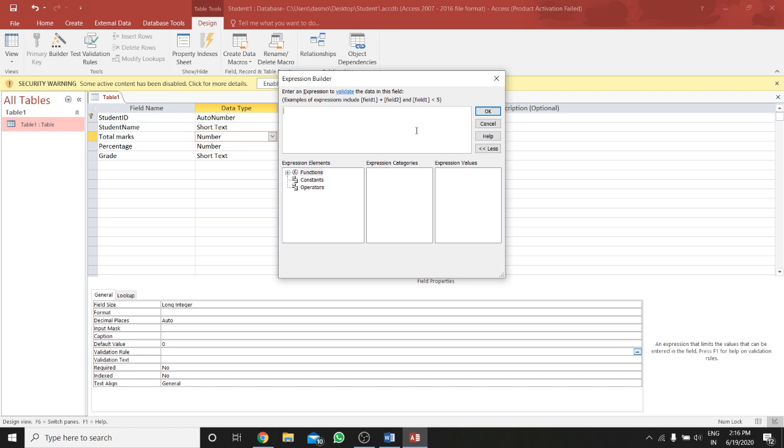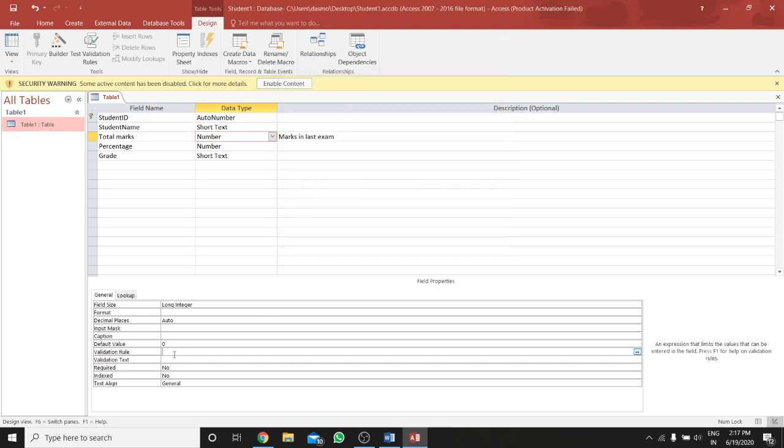We can also validate dates. We can have a date format, whether the year should come first or the day should come first, or whether it should contain any time. We can also have validation text, so we can add a text here, for example whether the name should start with S, like S star, or whether the name should end with any number or text.